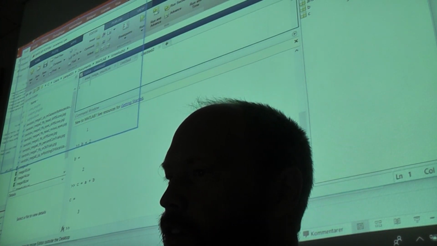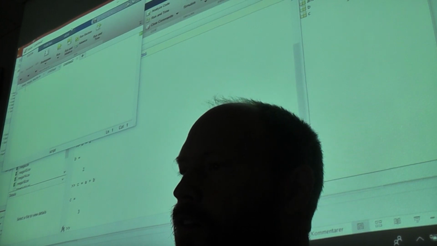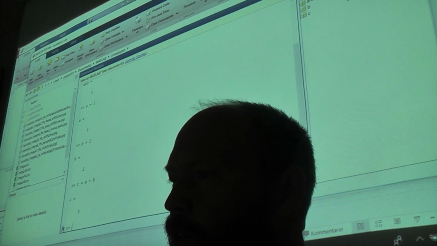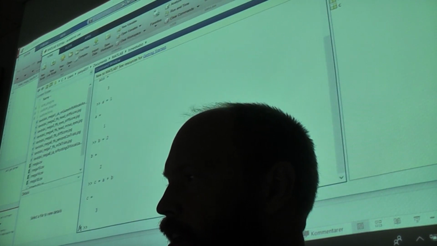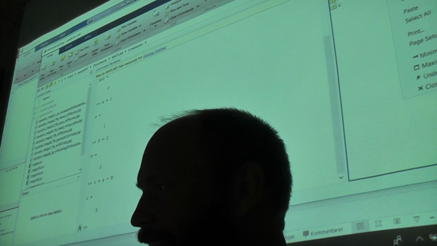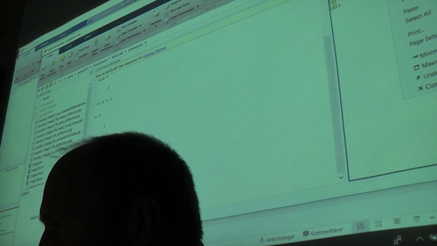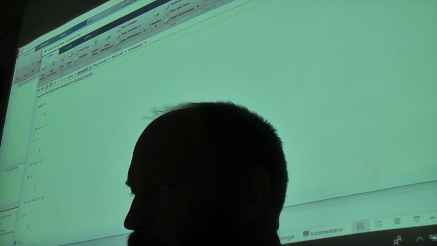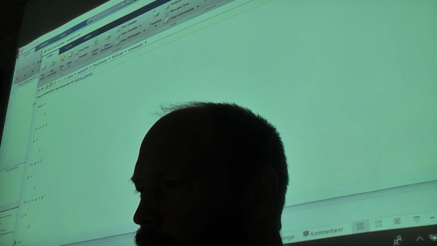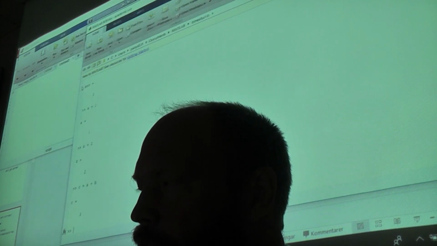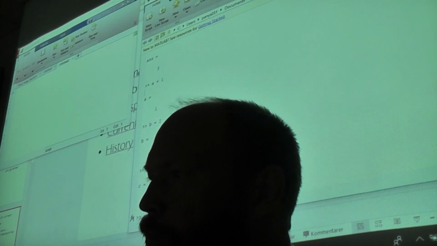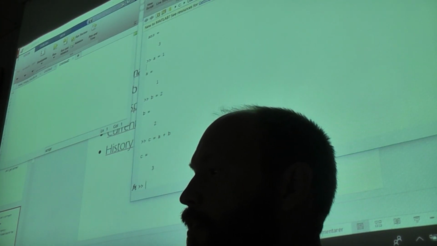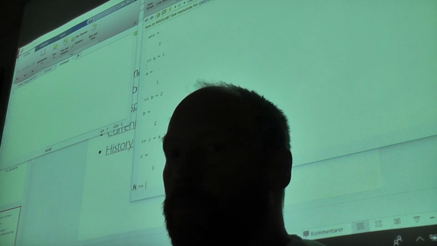I usually drag this window outside of the main window, and I close the workspace and things like that because they take a lot of space. I don't use them, but I think you should use them in the beginning because you will see what variables you have in memory and how they are structured.